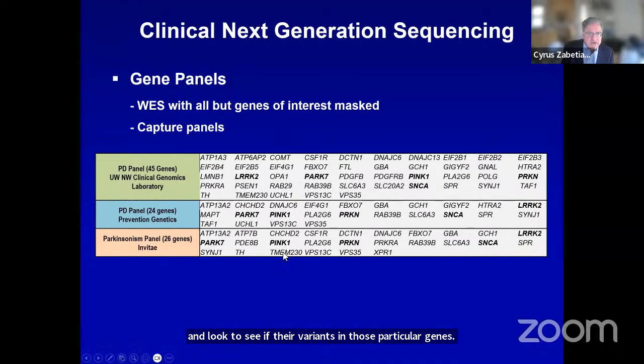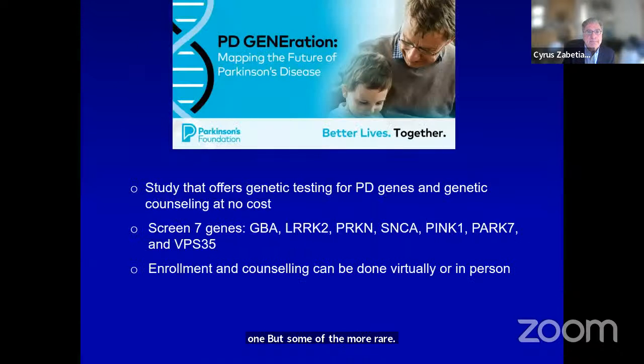These are just a few panels of many that are available. This is one that's available at the UW. This is one for PreventionGenetics, and we at the VA have a contract, so this is where we have to go if we're ordering it at the VA. This is a common panel that's done by Invitae. You can see that they differ not by the main PD genes, because they all cover LRRK2, synuclein, PINK1, DJ1, but by some of the genes that have rarer mutations in them.